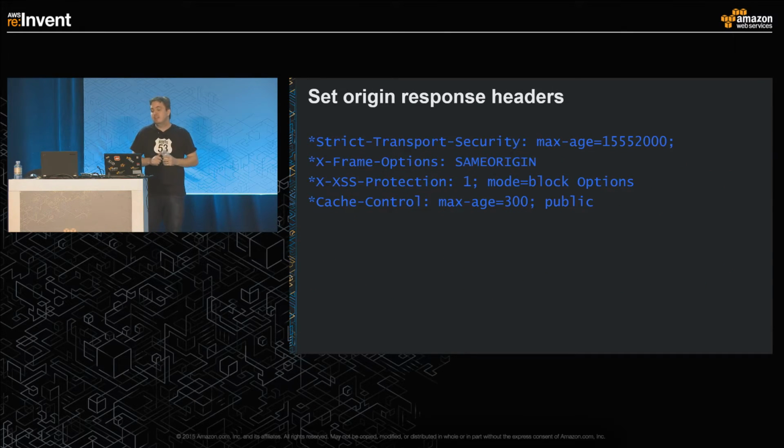All right. The last item I want to talk about is sending HTTP response headers. The four headers I wanted to talk about start with Strict-Transport-Security. This header requires that you serve all your content over HTTPS for it to work correctly. What it does is tell your browser to only make requests over HTTPS, and this helps prevent downgrade attacks